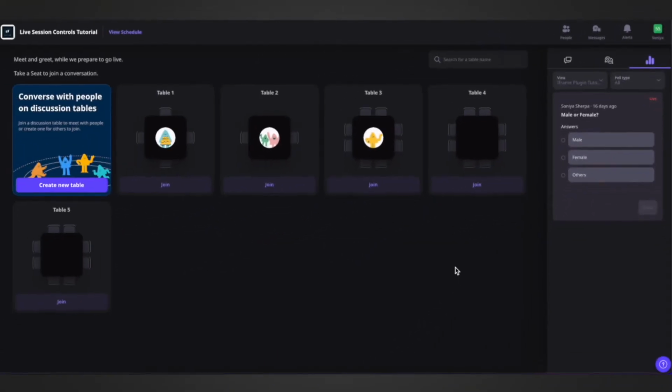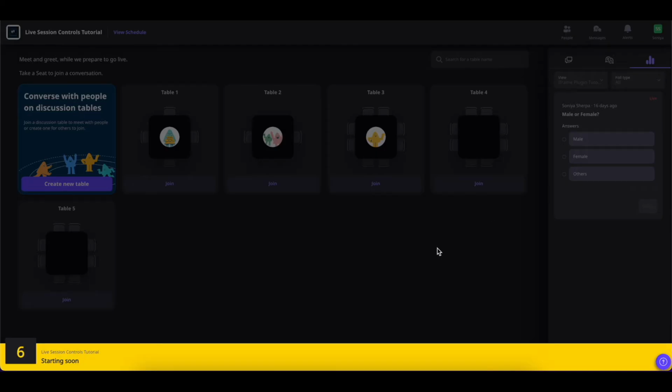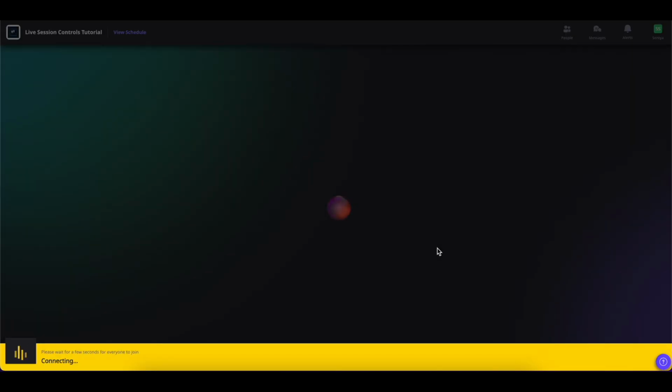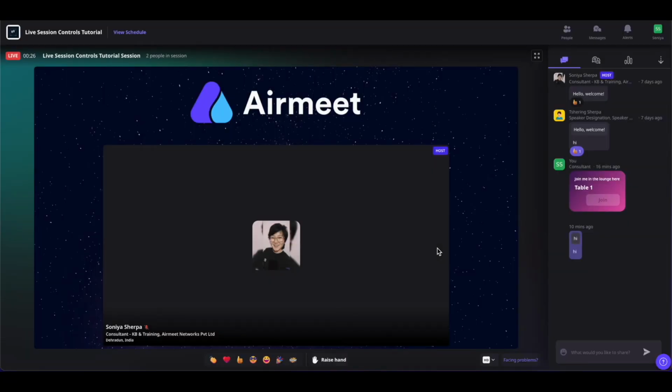In the social webinar format, when the sessions are live, you will not be able to access the social lounge. You will be directly led to the event. Let us see how that works. You will get a 10 seconds timer when the session starts to be ready for the session. And like I said before, you will be led to the live stage where the speakers and hosts will be